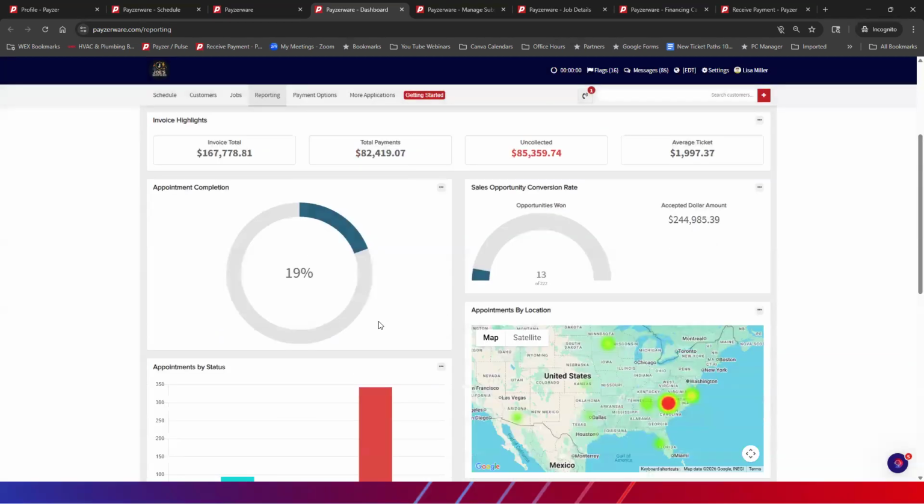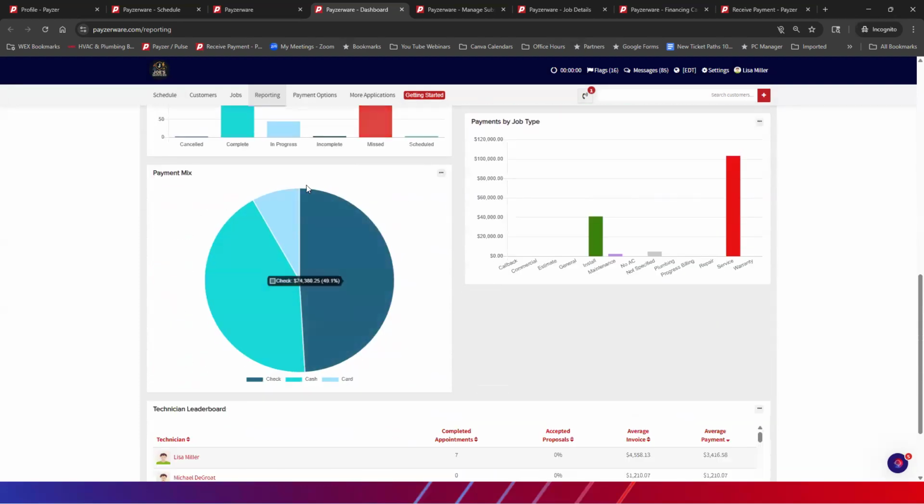Okay, so one of the things that I like to look at is the payment mix, especially when you're thinking about financing, because as I said before, there is a fee associated with it. And you want to see, okay, how do I account for that fee? So I can look at my payment mix and see, okay, can I apply this amount across everything by just raising everything a little bit so there's no real large amount of increase that prices me out of the market? Or maybe I can